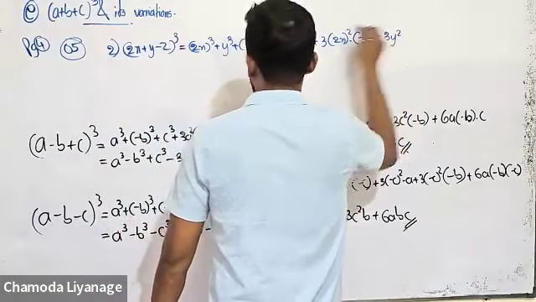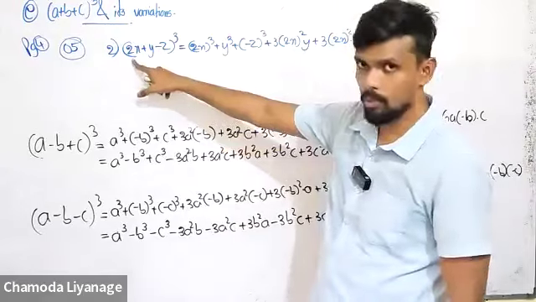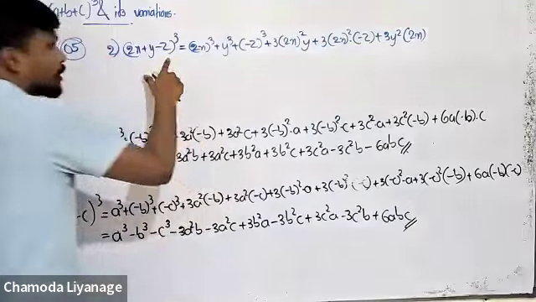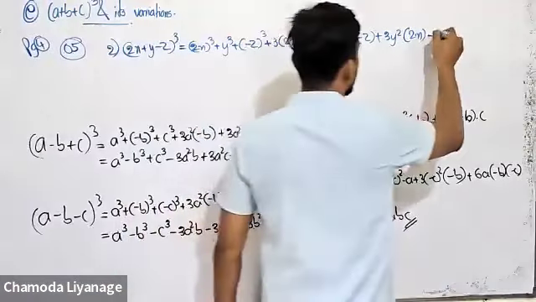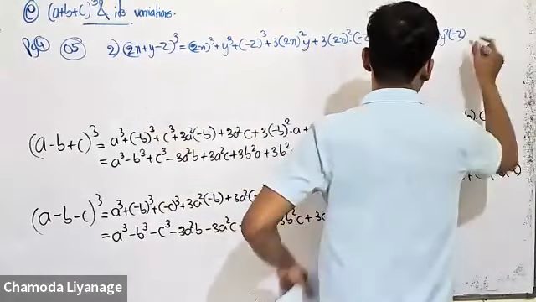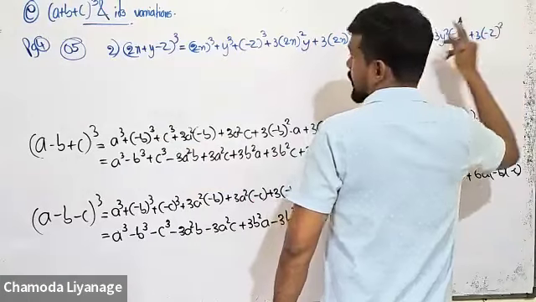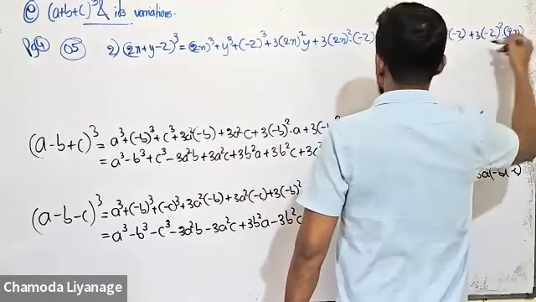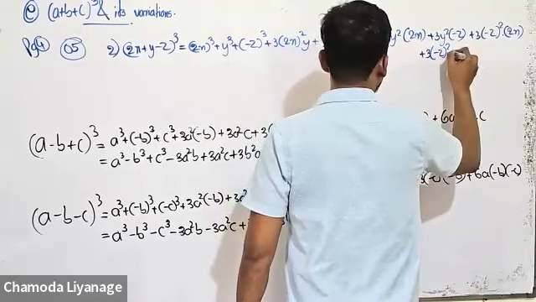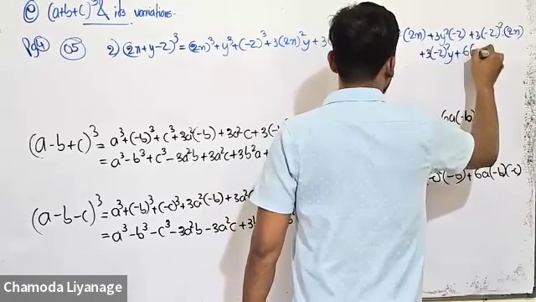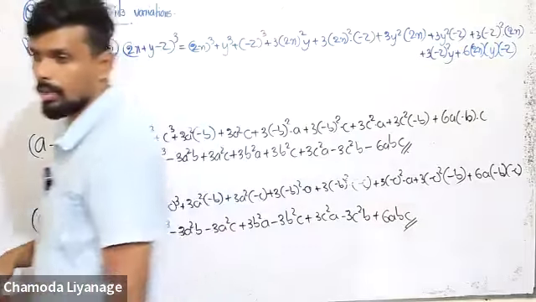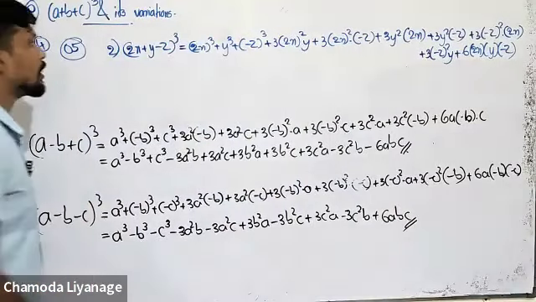After that, 3 y squared into 2x, after that y squared into minus z, right? Now come to minus z: 3 times minus z squared into 2x, and minus z squared into y, plus 6 times 2x into y into minus z. And now